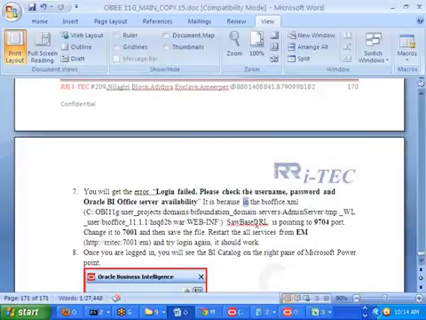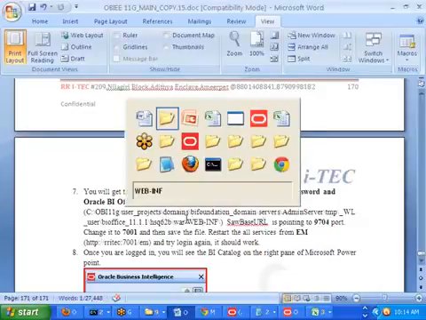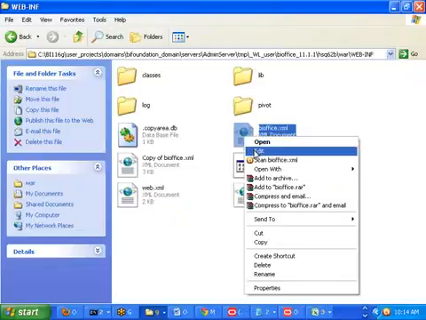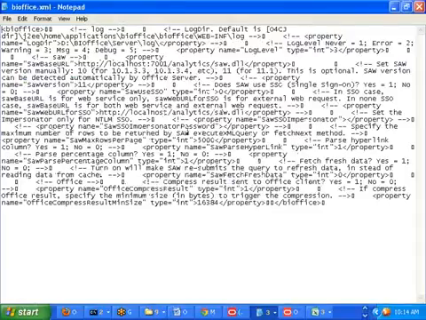In BA.xml, the soft base URL is pointing towards 9704. That BAoffice XML is available in this location. That's what it means. Now I am trying to open this edit. Once you click on the edit, we have one parameter. That parameter is called